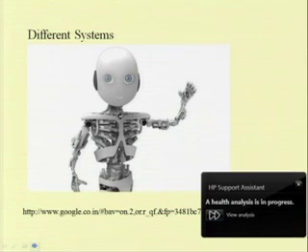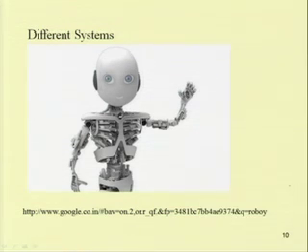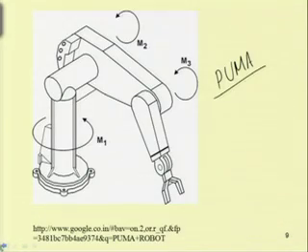Here is another type of robot, a humanoid robot also. You can see the image of the humanoid robot, or in this case the Puma robot. We can fix different coordinate systems, and these coordinate systems can be fixed at the joints. One can fix a fixed coordinate system here, and also one can fix a coordinate system here, also in this joint. We have 6 different joints, so 6 joints are there in this Puma robot.